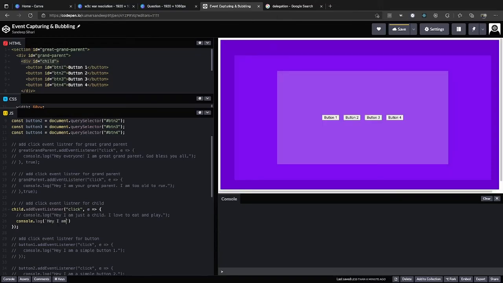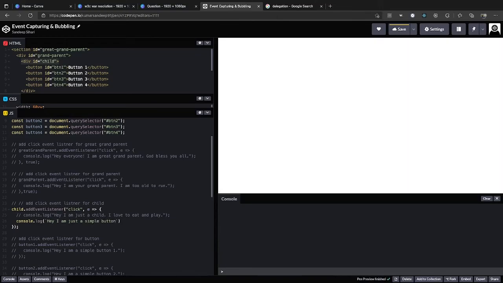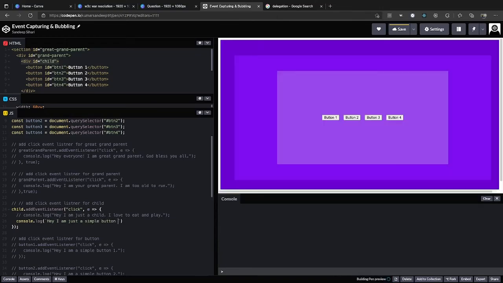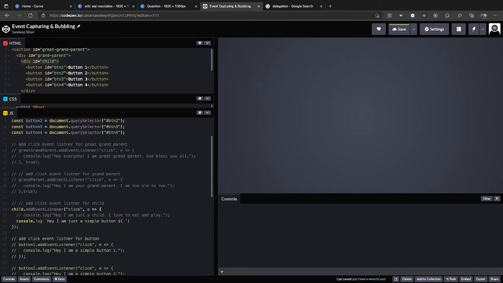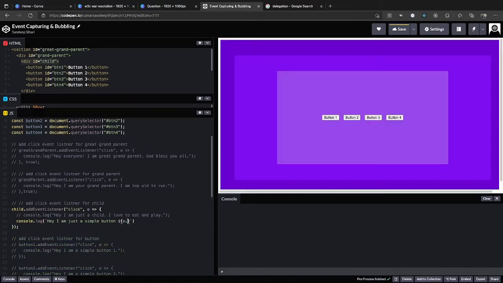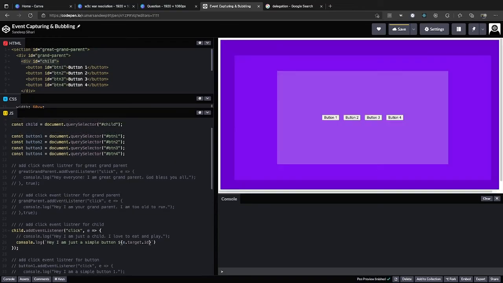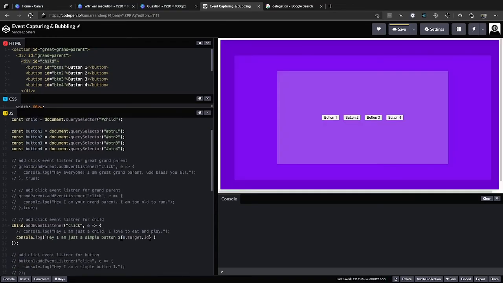Hey, I am just a simple button, and then what I'm going to do is use event object dot target. It will give you the target element on which the event is getting triggered, and then I'll access the ID of that element. So the ID is btn1, btn2, btn3, and btn4.